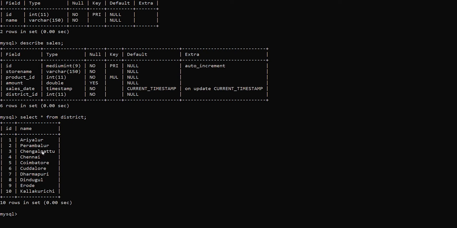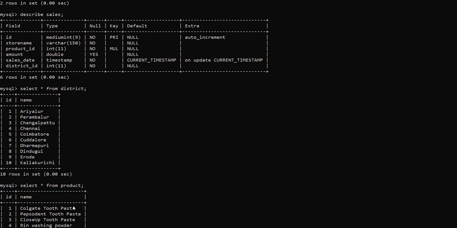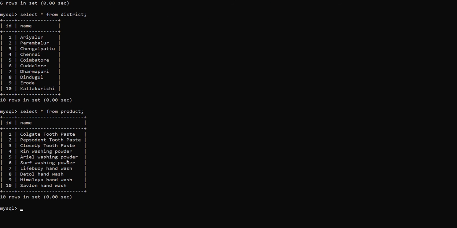It means we have 10 districts available in the district table. The next one is product. In the product table we have 10 rows. Each one represents a product.